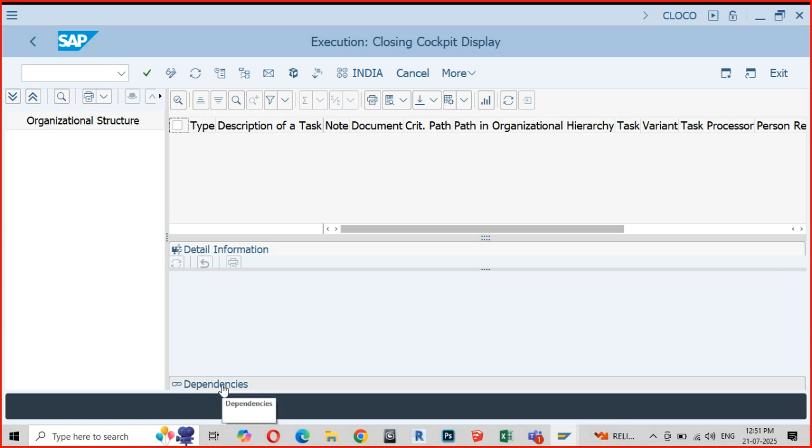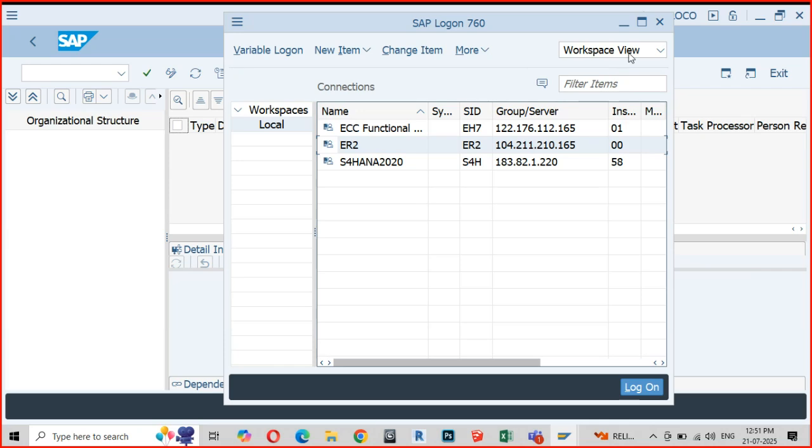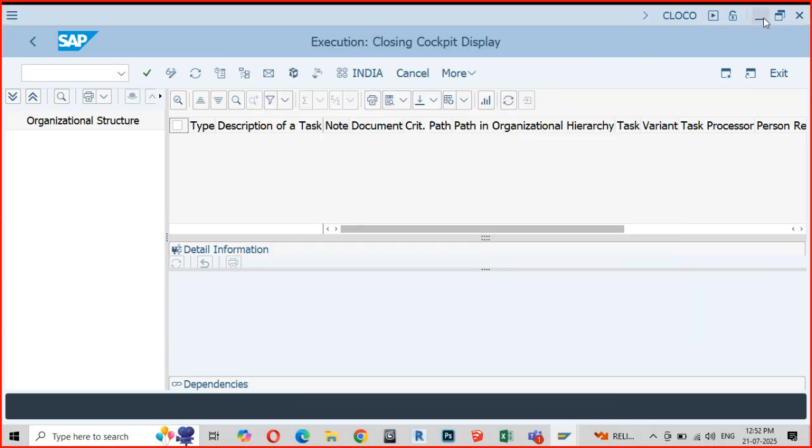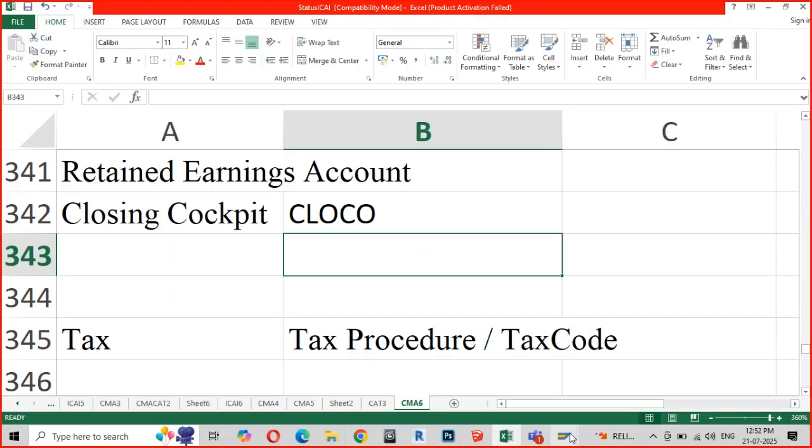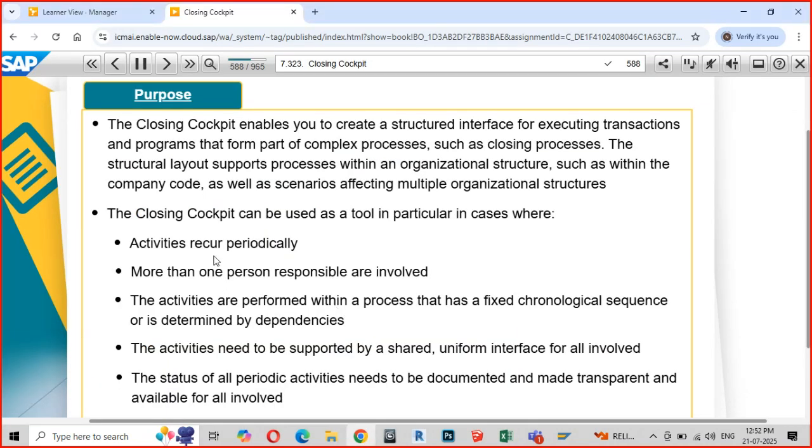Only after this task can that task take place. So there are things called activities, and you define so many things out here. Don't worry about it much. You only have one page, as you can see. Activities recur periodically. More than one person is responsible.